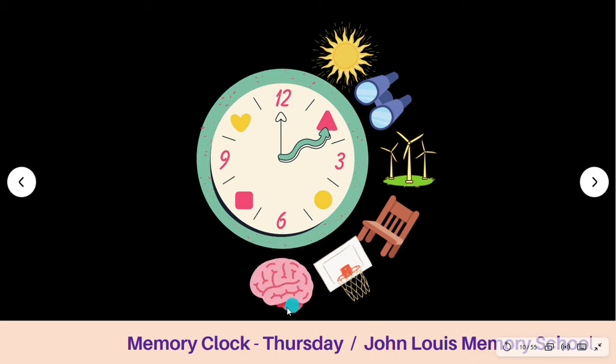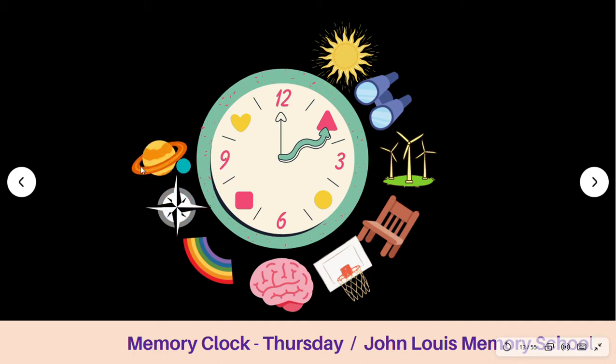Then for 6 o'clock we have taken a brain because our human brain has 6 senses. Therefore, for 6 o'clock the mental picture is brain. Then for 7, a rainbow has 7 colors. Therefore, I have taken a rainbow for the hour 7. Then 8, anemometer, the instrument which shows the wind direction. That has 8 directions: north, east, south, west, northeast, southeast, southwest, and northwest. Therefore, to represent 8 o'clock, we can take the picture of anemometer.